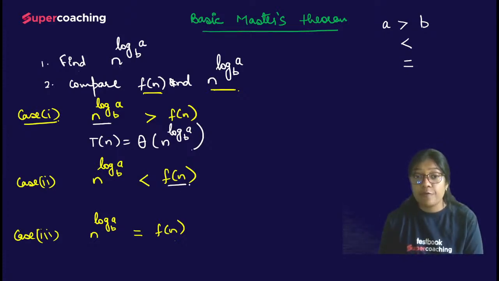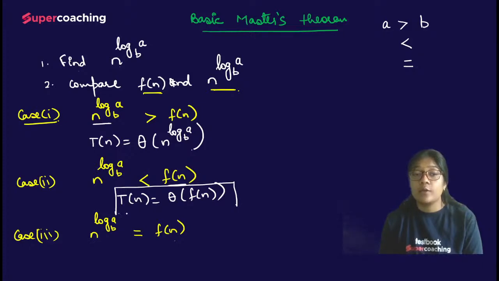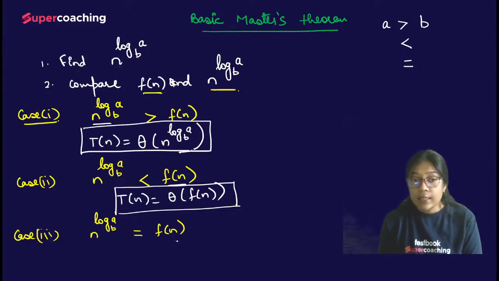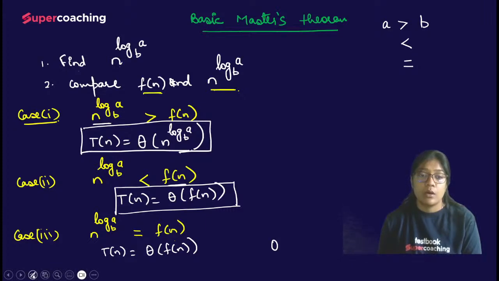Here in this case f of n is greater, so I'll say T of n is equal to theta of f of n. Why are we taking theta? Because we will prove both equal by subtracting some value from the epsilon. So that's why usually we use the theta notation to represent the time complexity. In this case, when both are equal, if I write T of n is equal to theta of f of n, now both are equal, so either write f of n or theta of,